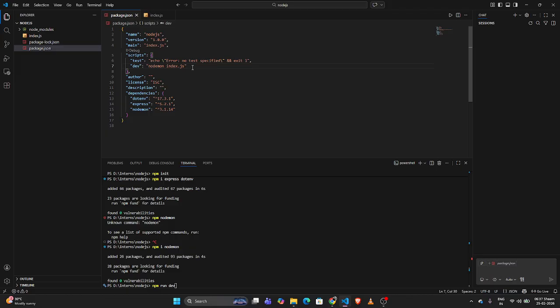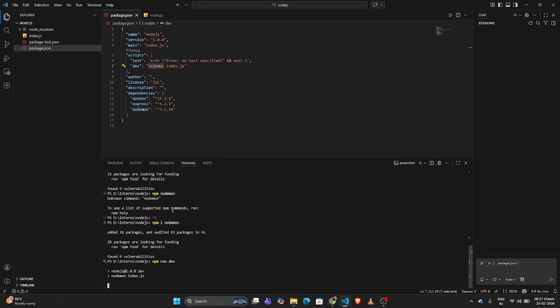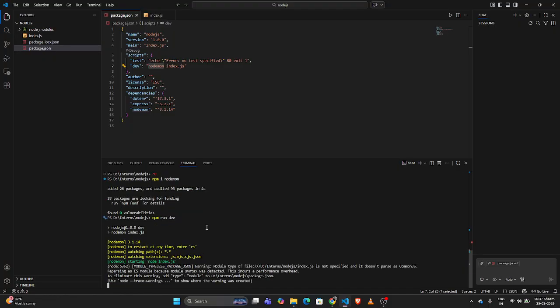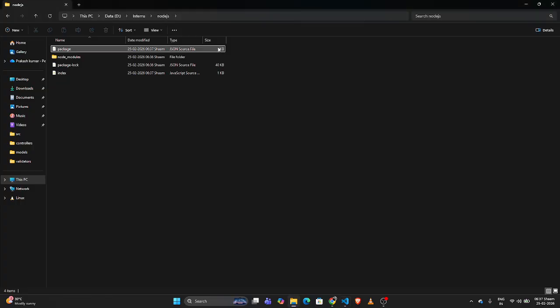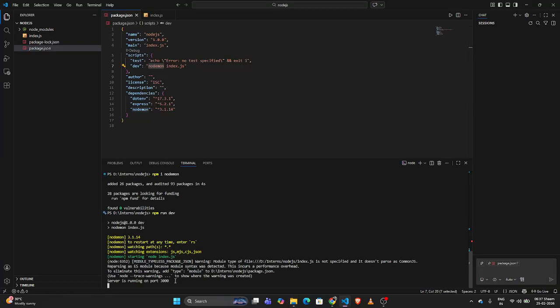For building you have various things, so we'll get to know about that also. So what does nodemon do, I'll show you. Okay, so we just started, and if we go to the server, you can see the server is running on